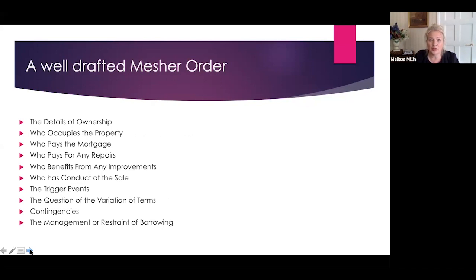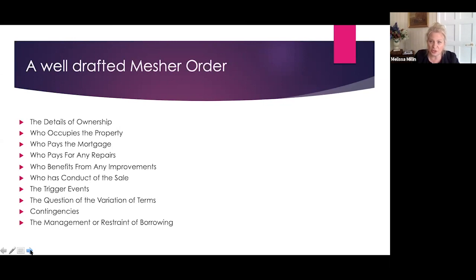So what the order's meant to do is to allow the management or the deferral of the sale on these occasions. If we look at the trigger events, these can be detailed from a new relationship, an agreement to cohabit or remarry. It can be that children conclude their full-time education, or it can be on a set date agreed by the parties. But under the terms of the order, the property will remain in the joint names of the divorcing couple upon the trust for sale, and on the point of the trigger, then the proceeds are divided.